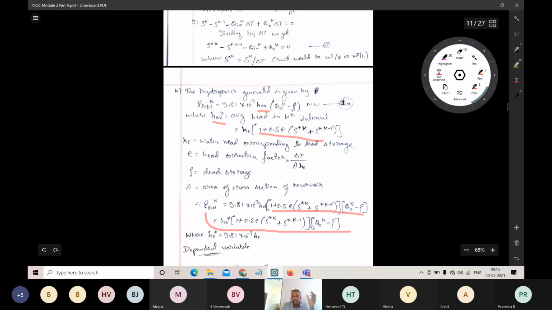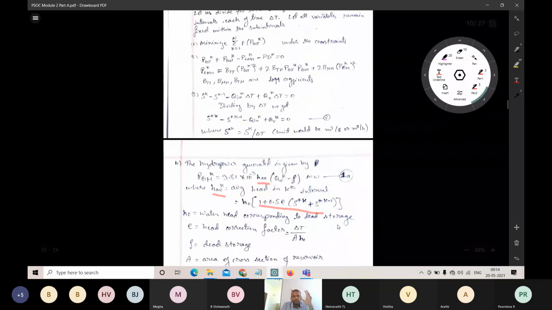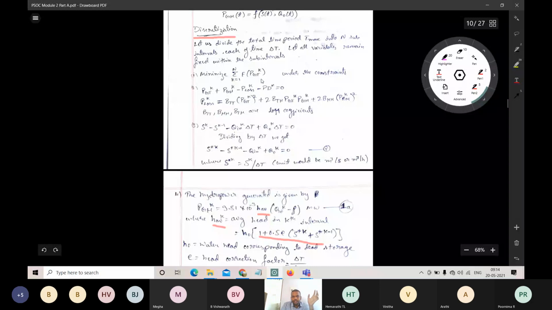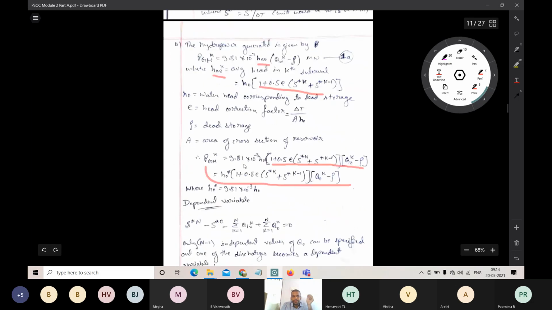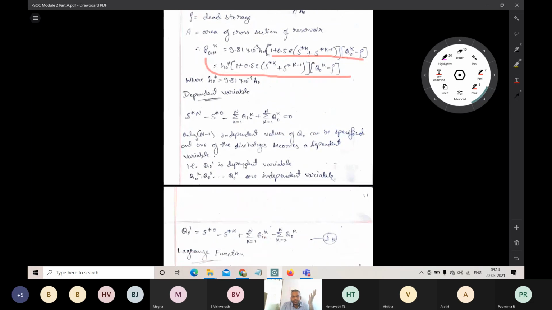So why do we need all these equations? We got the sigma F PGT star K equation, then the generation plus loss equation, the storage equation, and the amount of power generated using hydel equation. By combining all these things, we are going to form one more equation, that is the Lagrangian function equation. By using that Lagrangian function equation, we are going to use these four equations.